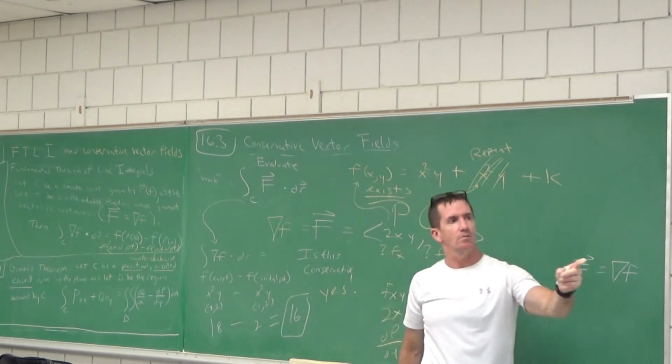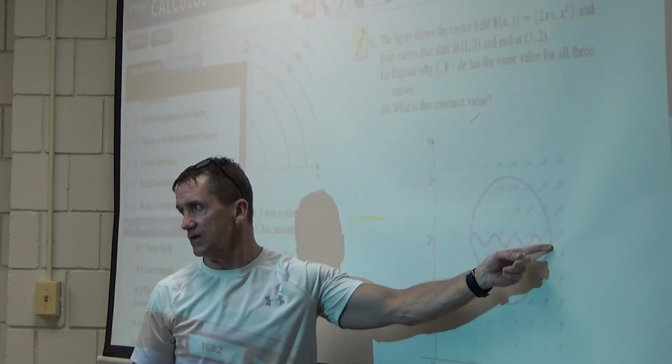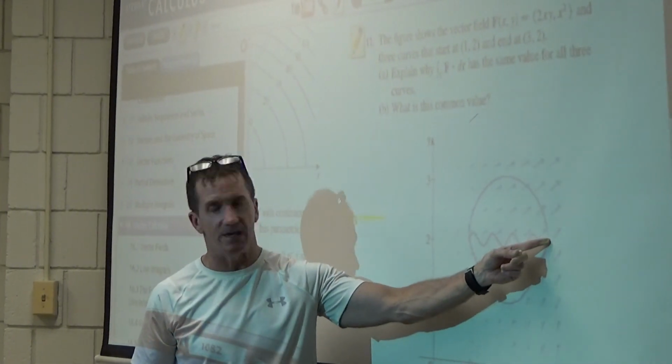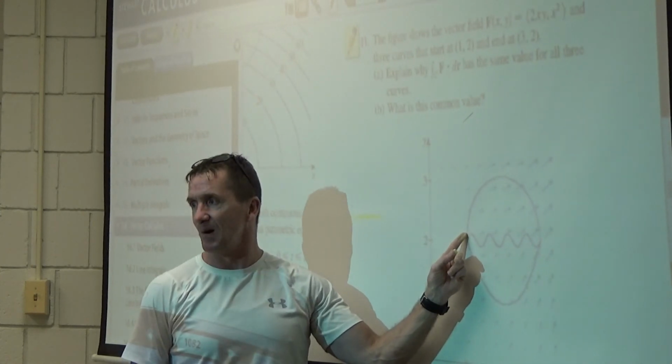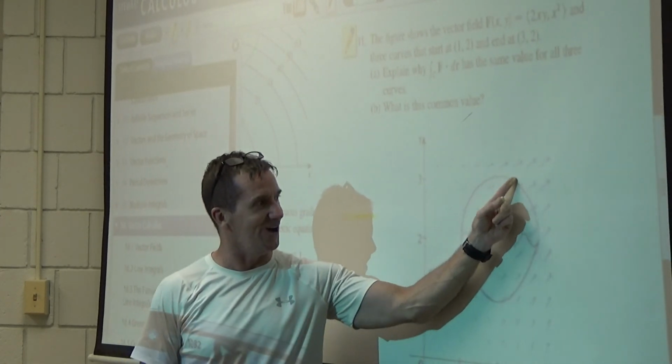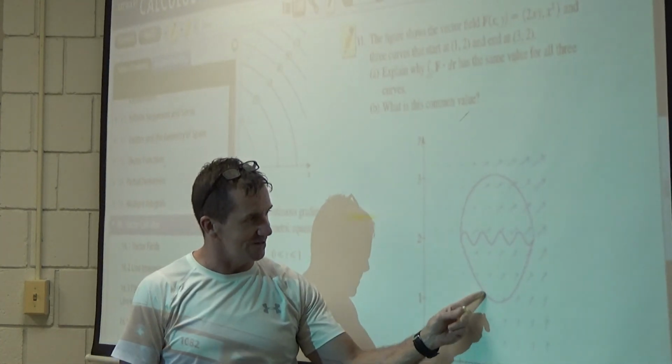So we're saying that when you take this path right here, the work done by the vector field to move a particle along this curve would be 16. What if you took this path? Same, right? The work done by the vector field to move a particle from here all the way to there would be 16. How about along this path? The work to move a particle from here along that curve to there